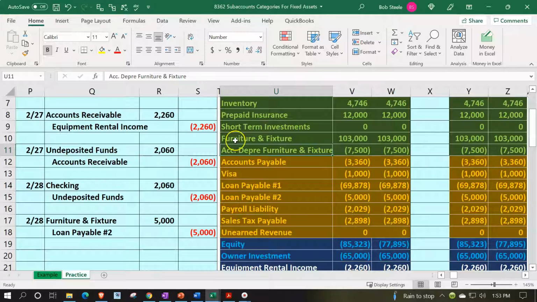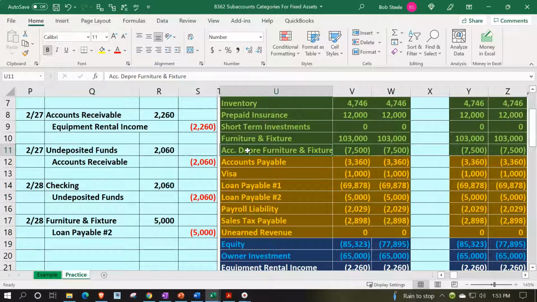Or you can just make the furniture and fixtures the parent account, and then the accumulated depreciation related to it the subsidiary account, which gives you a similar kind of layout. And that gives you a little more flexibility in accounting software, another added detail that a database program can give you,